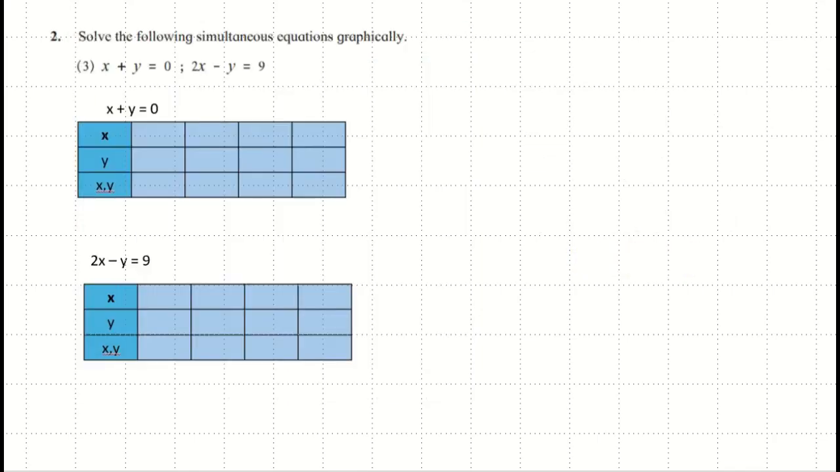Moving on to the next question, where we have two equations given, x plus y is equal to 0, 2x minus y is equal to 9. From the first equation, x plus y is equal to 0, we need to find possible numbers which on addition give the number 0. So the possible ways are